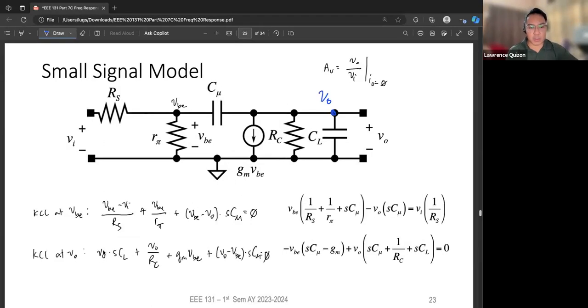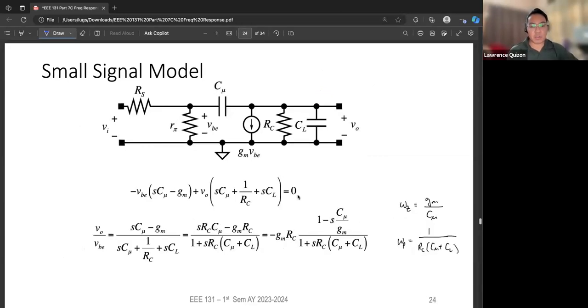Because you have one equation, this part only has V out and VBE, so you can isolate V out over VBE from that to get this, looking like this, no? And we already have things that we can interpret from this, even without the RS resistance. So if we assume basically that the source is ideal,